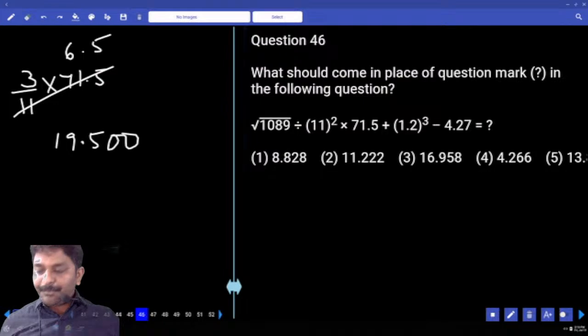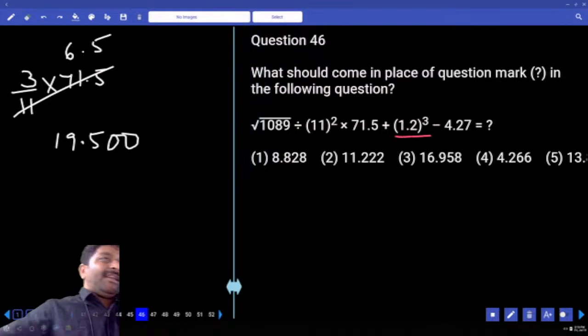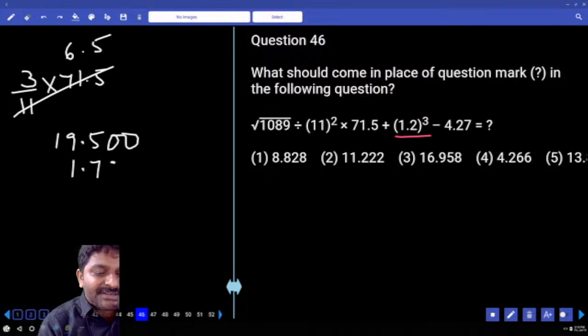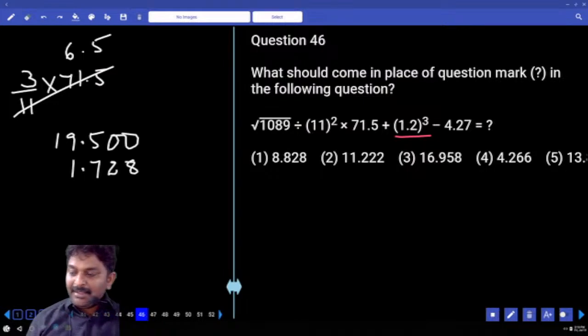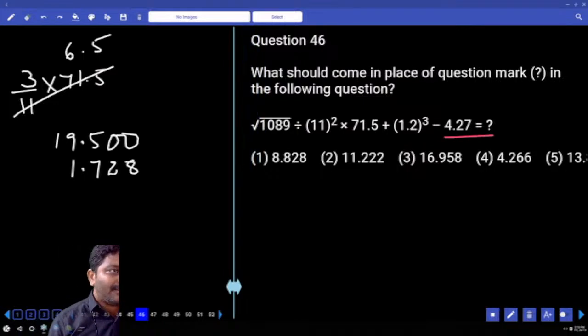Next number 1.2 whole cube. Read it as 12 cube. We will adjust zeros later. 12 cube is 1728. After decimal, the original number has only 1 digit and the exponent is cube. So in the final answer, how many digits should be there after decimal? So 1728, I'll write it as 1.728 minus 4.270. From this we have to subtract